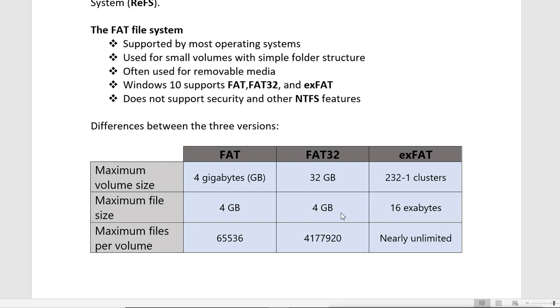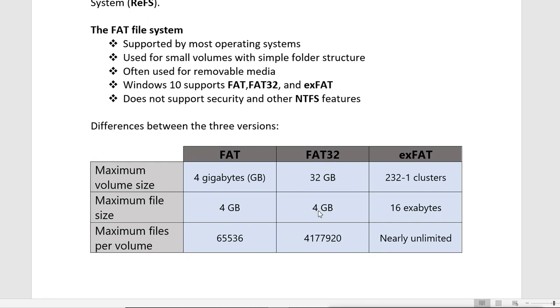So if you have one file which is more than 4 GB, then you cannot store it in the FAT or FAT32 file system. If you have a flash drive that uses the FAT32 file system, and you try to store a file of more than 4 GB, no matter how big your flash drive is, suppose it is 32 GB and empty, it still cannot store a file larger than 4 GB.